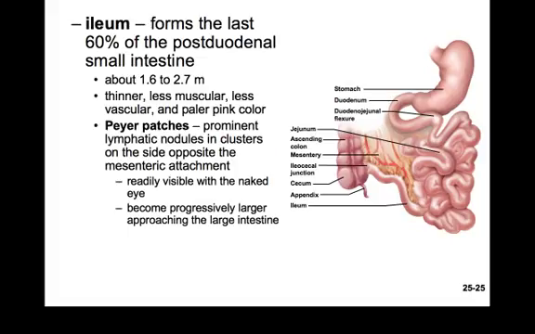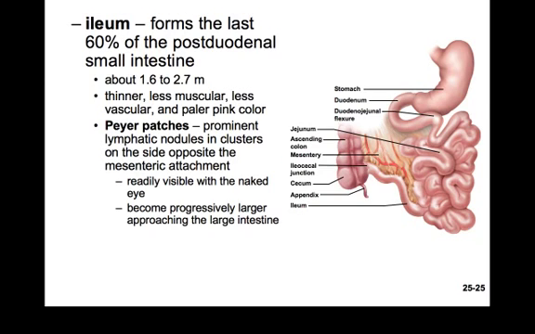This is where we find the Peyer's patches. Remember those lymphatic nodules that form clusters on areas of the digestive tract? Here's the site we find them. If we were dissecting cadavers, you'd find that they were readily visible with the naked eye, and that they become progressively larger as we approach the large intestine. So this is where the lymphatic system has a chance to check out the safety of the materials that are